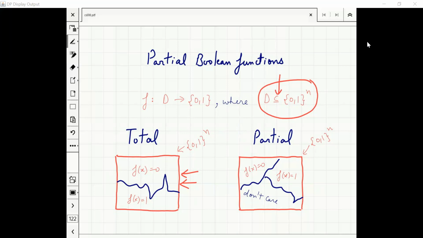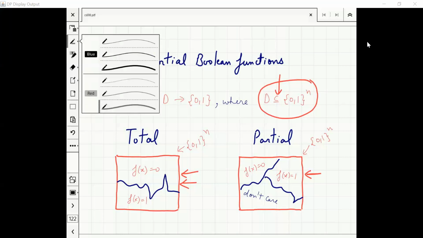On the contrary, we are interested many a times in this kind of a representation, which we call partial functions. In this set, I have three partitions. One is the set of inputs on which I want my answer to be 0. There is another set of inputs on which I want my answer to be 1. On the other elements, I don't care. There are three parts. On what you answer on non-domain, I don't care, right? So this gives rise to three parts.